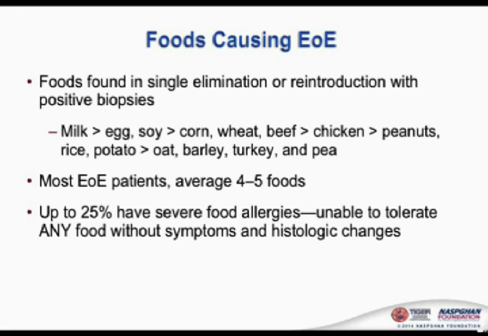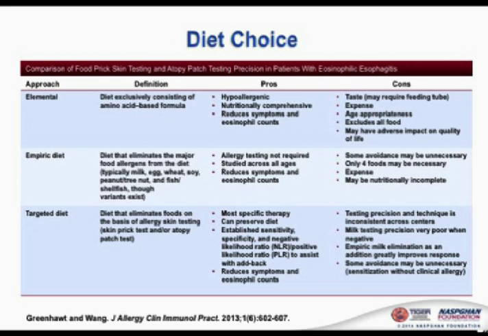Just to summarize what we know about dietary therapy, they all work. Amino acid works the best. Six-food and the targeted therapy both work around 70%. All these diets can lead to complete resolution of both clinical and histological findings. Studies done out of the Mount Sinai group have shown that dietary therapy can completely reverse the fibrosis that